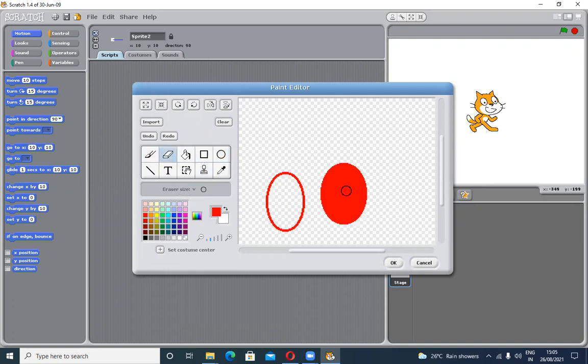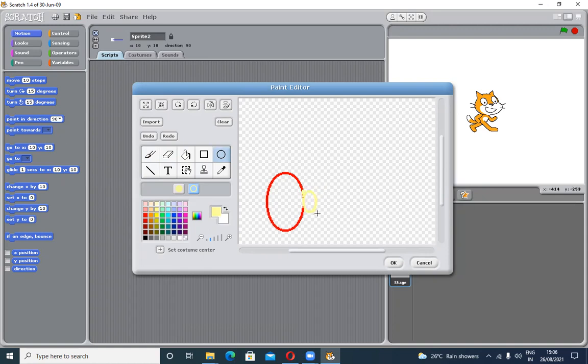Even if I don't want this, I just erase it through the eraser. Now I'm taking this one color, the yellow color, and here I'm taking this figure.